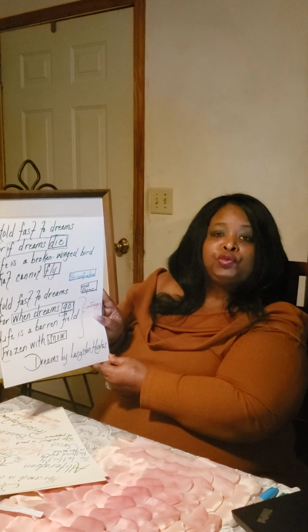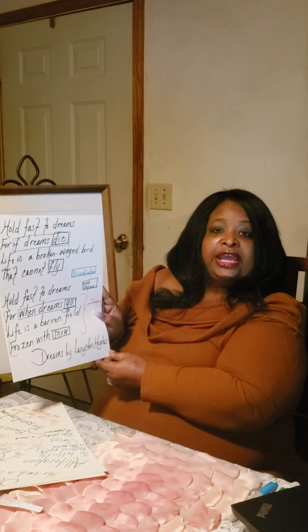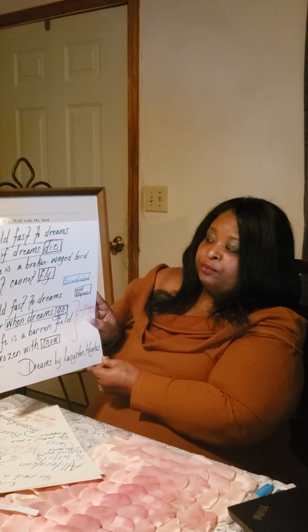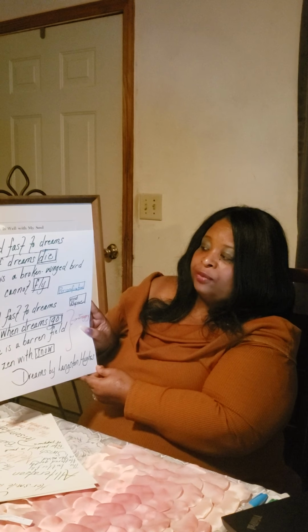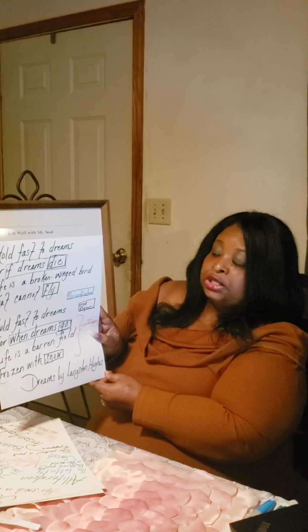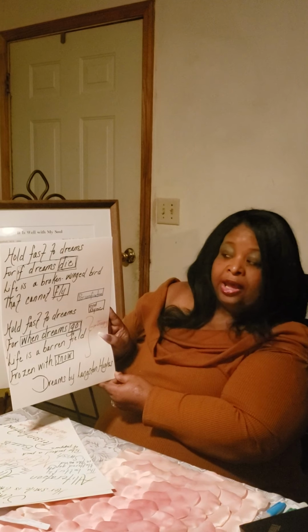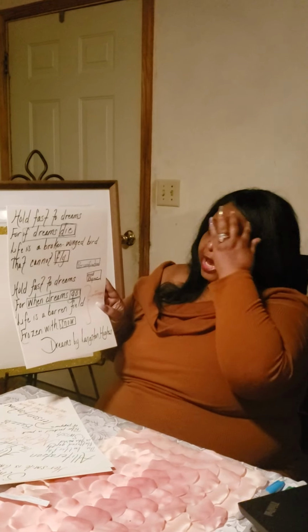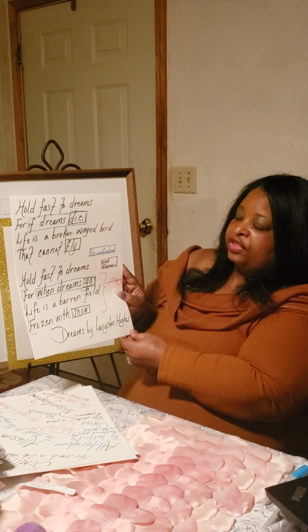Hold fast to dreams, we will give it an A. For if dreams die, we will give it a B. Life is a broken winged bird. Does it rhyme with anything? No, it doesn't rhyme with dreams. It doesn't rhyme with die. It doesn't rhyme with anything. So I'm going to have to give that a C. That cannot fly. Die and fly, they rhyme. So I got A, B, C, A. Got it? Rhyme scheme. And then so I have internal rhyme on the end because I have the die and